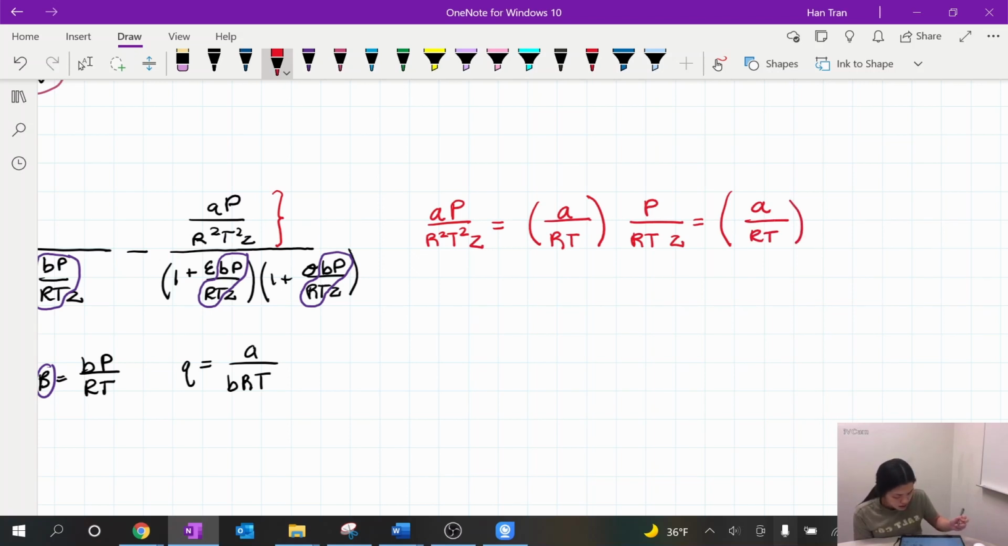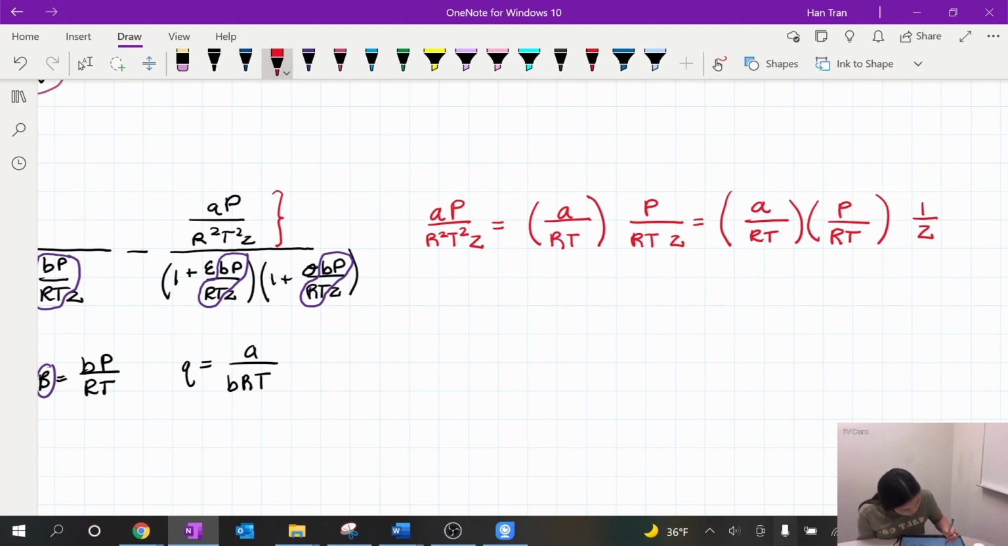And then what we have in common with beta is, well, the pressure is in both, and gas constant R is in both, and temperature is in both. And so we are left with 1 over compressibility factor Z. And so what can we substitute in? Well, we know that